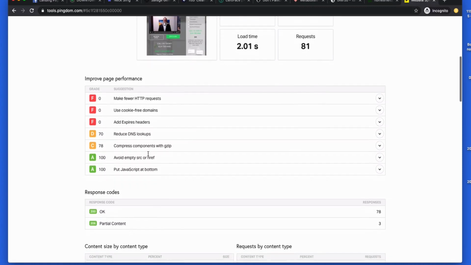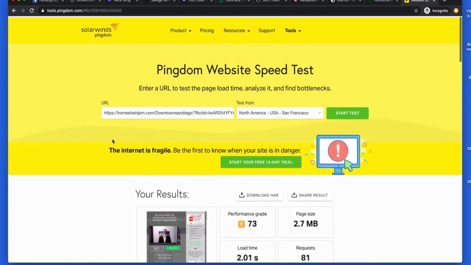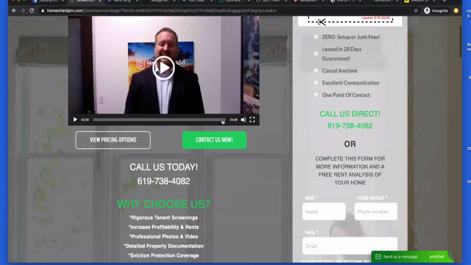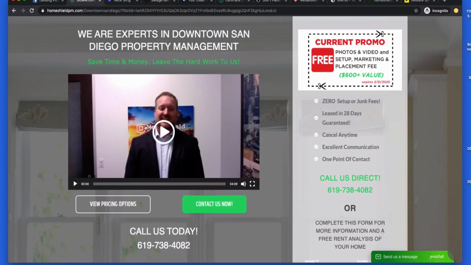There's a few things you can do here, but it looks like you've already compressed and optimized your images and videos, so that's good. Having a look at the page here, what I'll say about this is the most confusing thing about this page is the amount of distractions you have on this page. And what I mean by this is we always stick by the mantra of keep it simple, stupid. A lot of you would have heard of that mantra, but a lot of you don't practice the KISS methodology. And what that is: not having too many distractions,